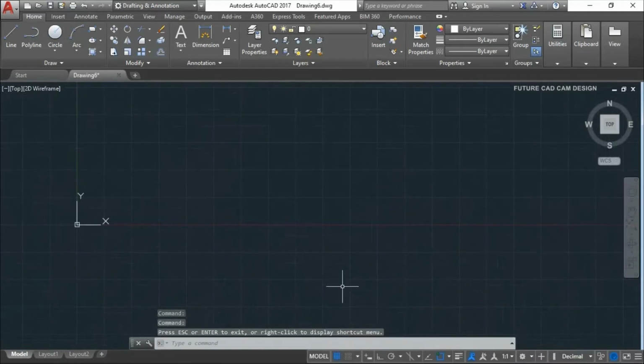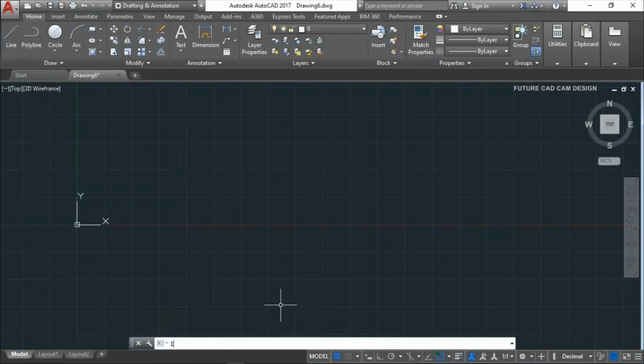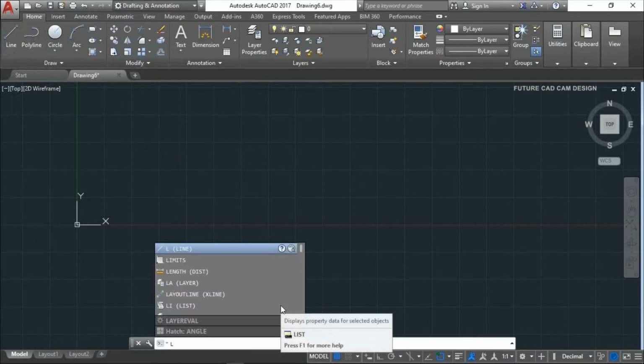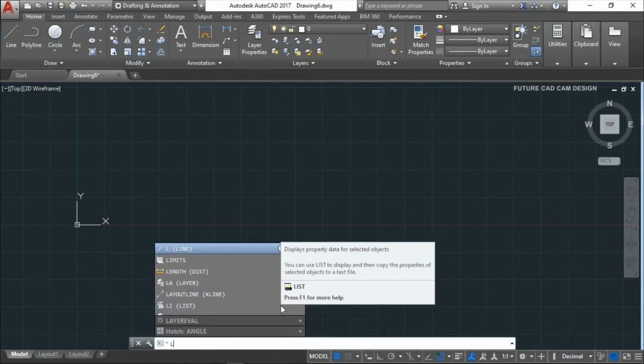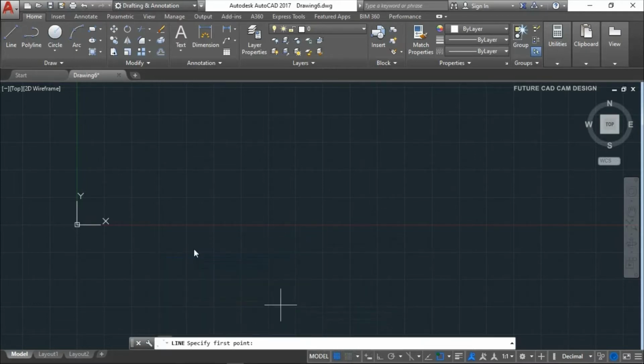And then at the bottom corner we have the most important thing, called the command bar. The command bar is used to open the tools in shortcut forms. For example, if I need the line command, I can click directly on the line option at the top side in the tool. Otherwise you can directly enter L on your keyboard. If you enter L, it is the shortcut for drawing our diagram. If I click L, the line command will open here. Directly you need to press enter. If you press enter, now the line command is open. You can draw your line however you wish. You can draw your line like this.